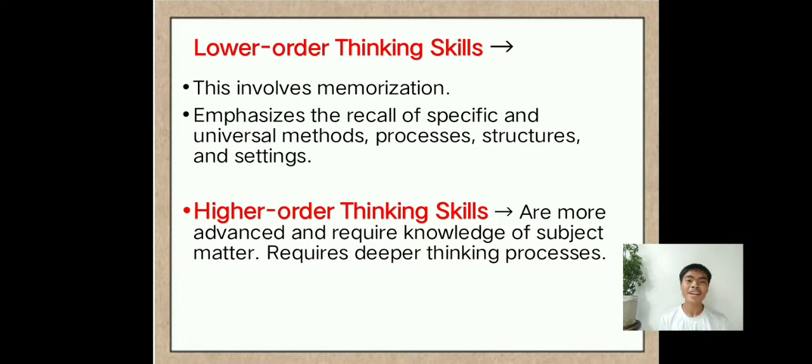Higher order thinking skills are more advanced, requiring knowledge of subject matter and deeper thinking processes. Since higher order requires critical analysis, students would be able to analyze deeply, look closer, and have a deep understanding of the topic, so that they have something to answer during the